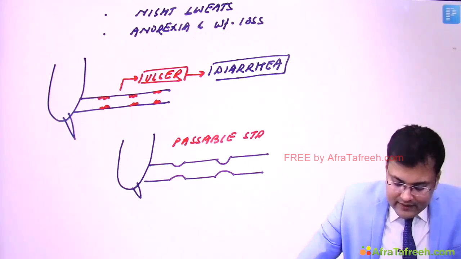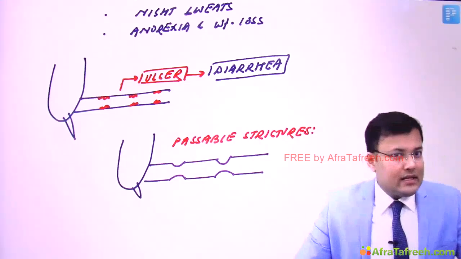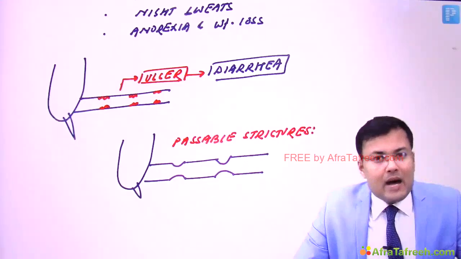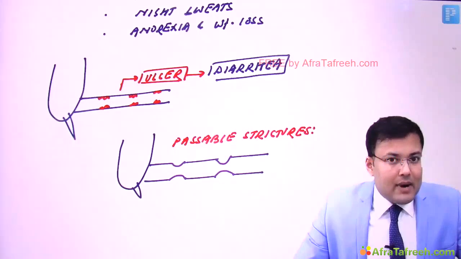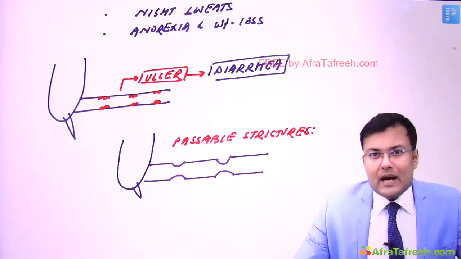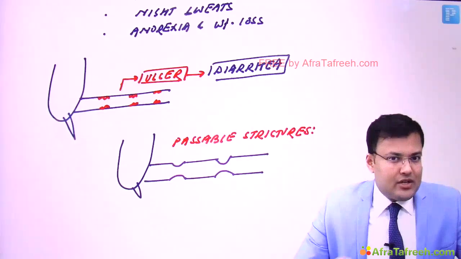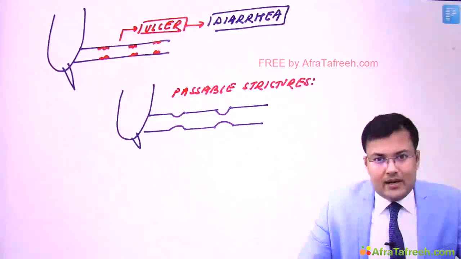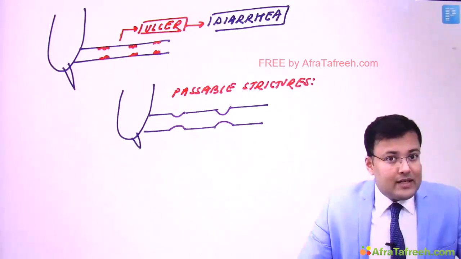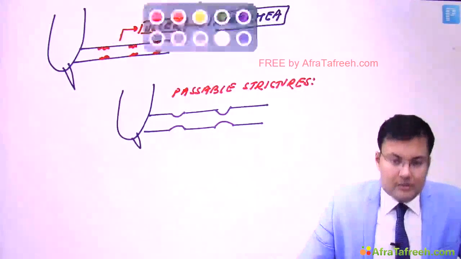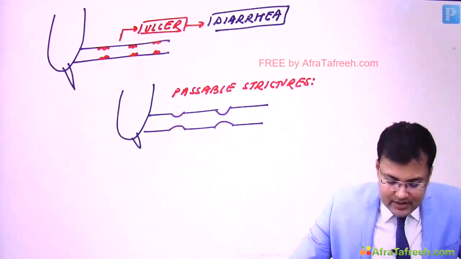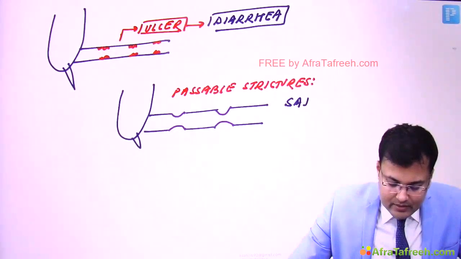Clear? And if there is a stricture but it is passable, the patient is going to complain, sir, after meals I'm having colicky pain. Why? Because there is obstruction. What kind? Partial obstruction. But I pass feces and flatus. So the patient complains of colicky pain after meals, but passes feces and flatus. This is not complete obstruction. This is partial obstruction, and there is a term we commonly use for such patients, and this is subacute